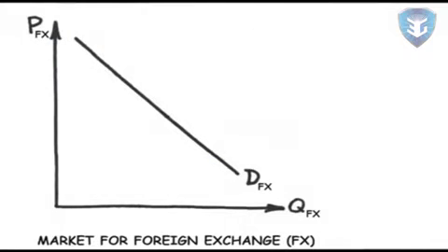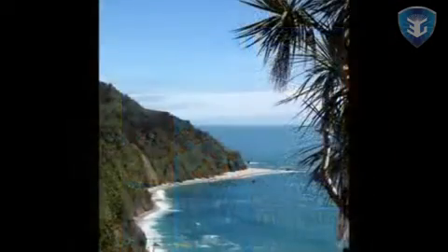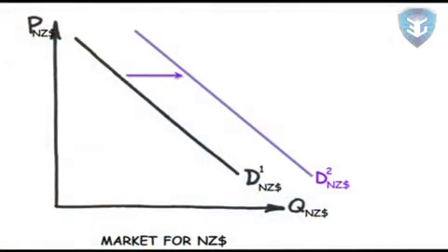For example, a lot of recent Hollywood blockbuster movies have been filmed in New Zealand. What if this creates a sudden surge in tourists going to New Zealand? These tourists will need New Zealand dollars, creating an increase in demand for that currency. Similarly, if U.S. companies decide they'd like to build factories in New Zealand, real investment, or purchase New Zealand dollar denominated financial assets, financial investment, the demand for the New Zealand dollar would increase.